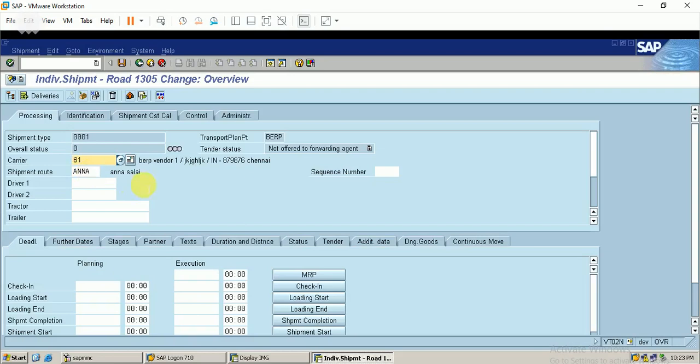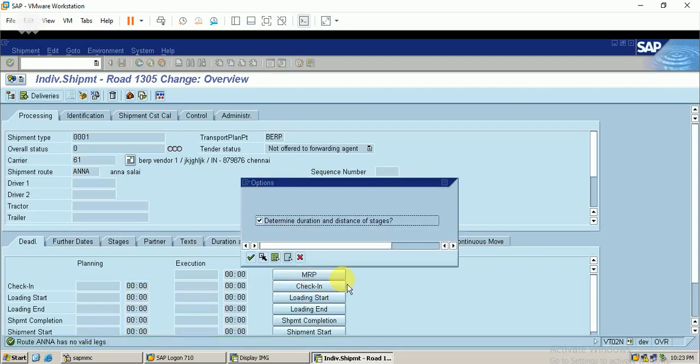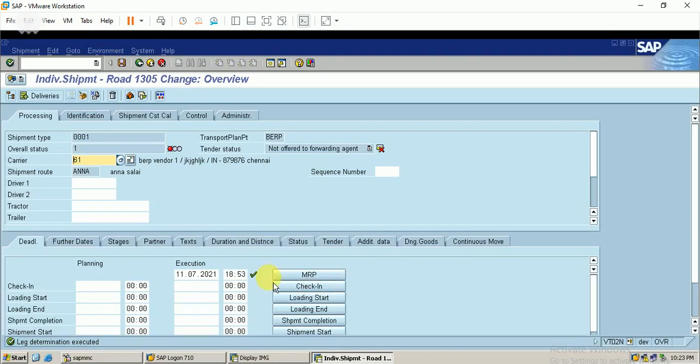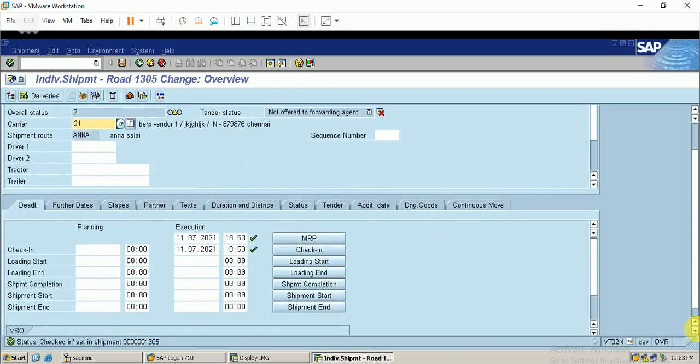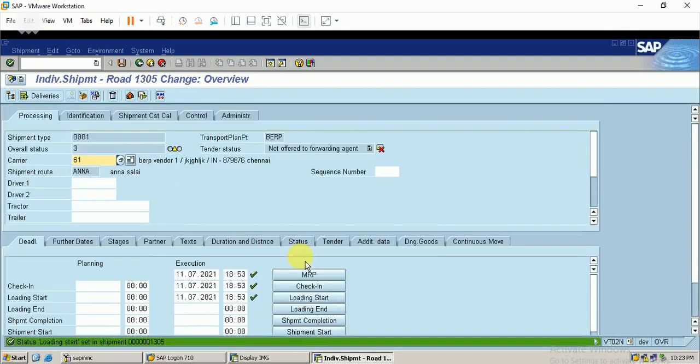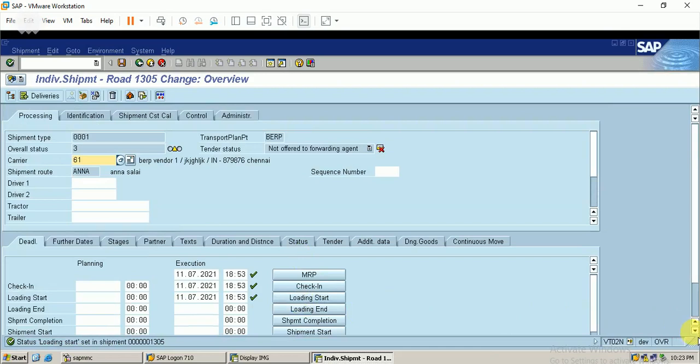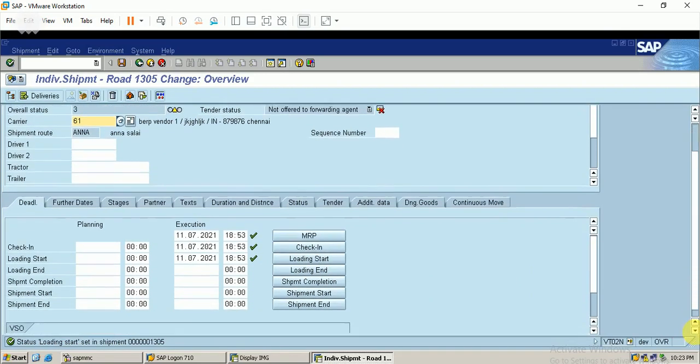You can see the shipment route is linked here, and now we will go on with the execution. The check-in, I'll show you. Just come down. The loading start. Okay, just end the loading.